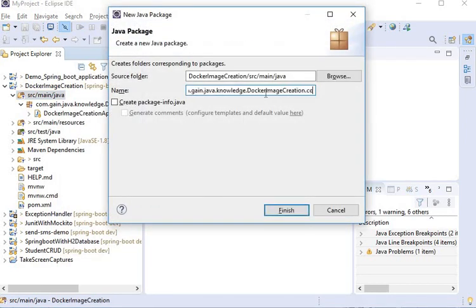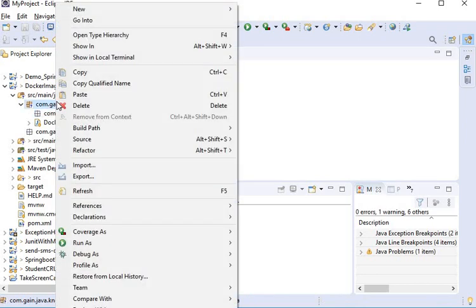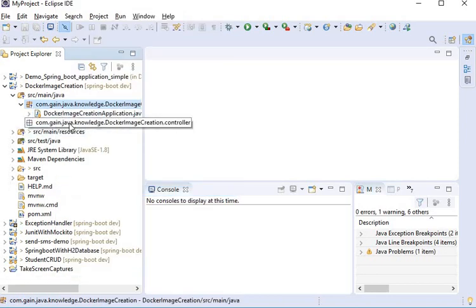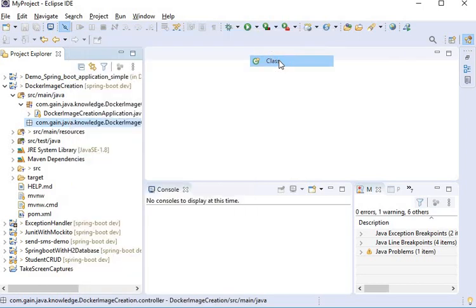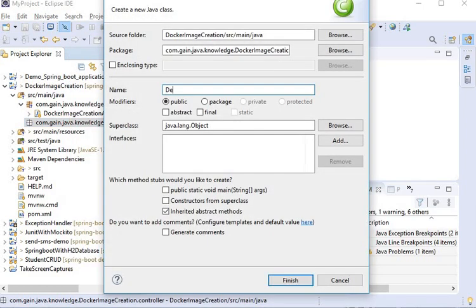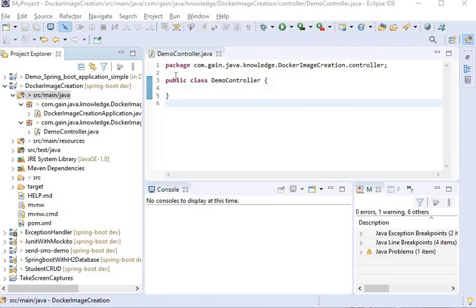Here I have created one controller package, and inside it I will create one class, that will be my new class, the DemoController.